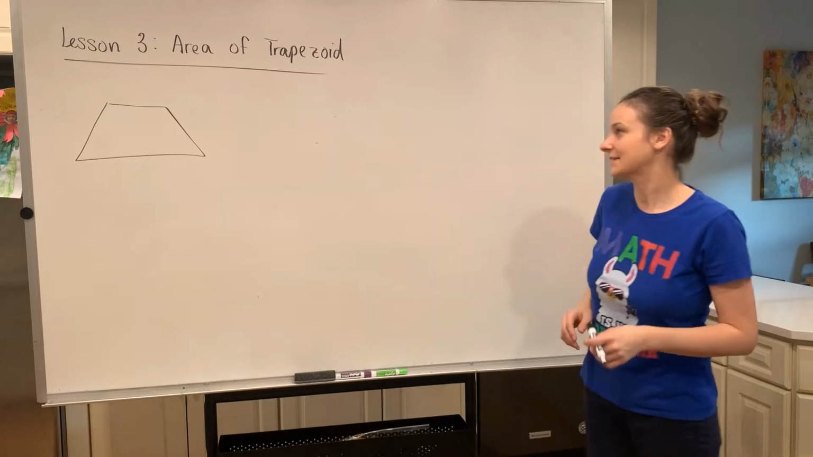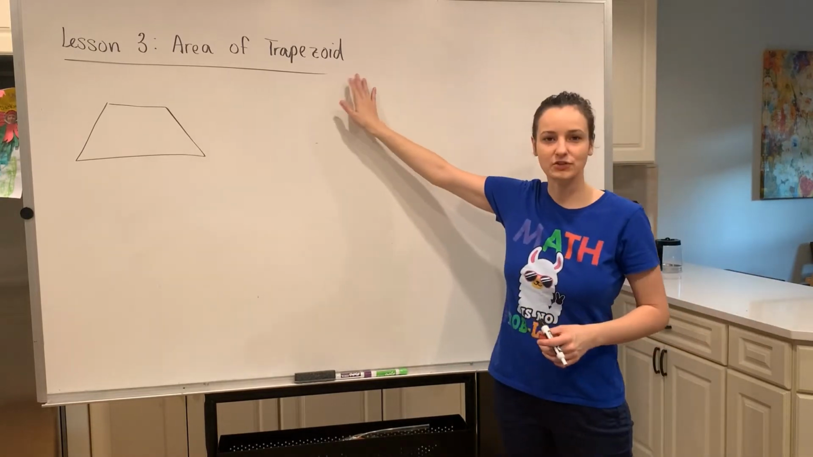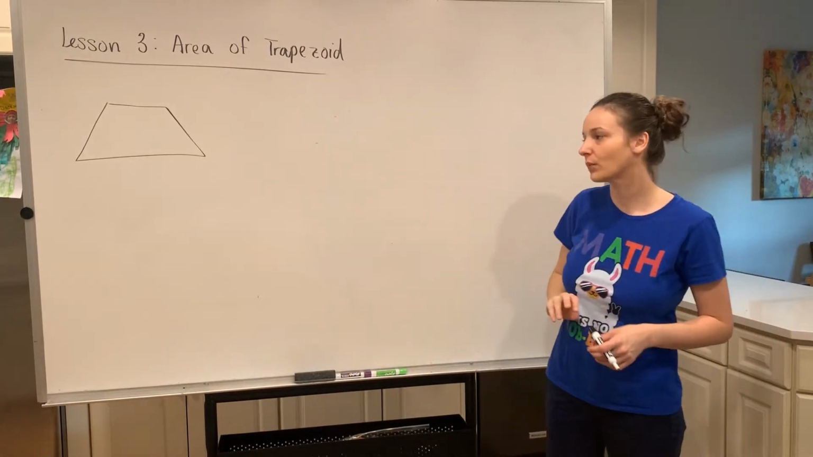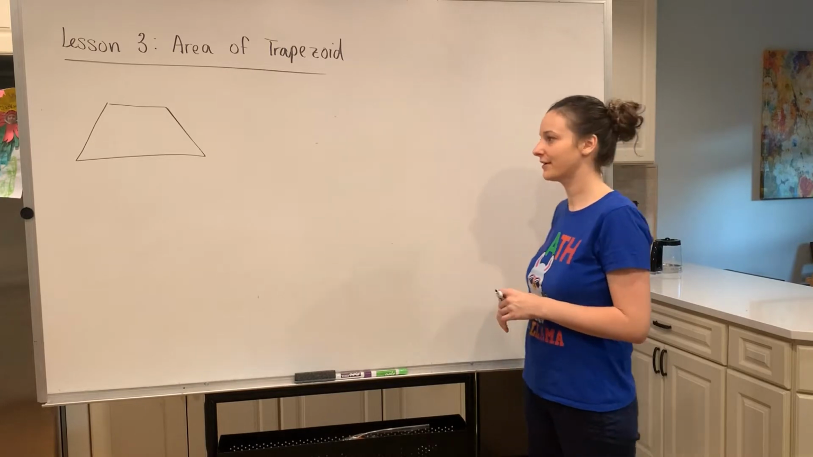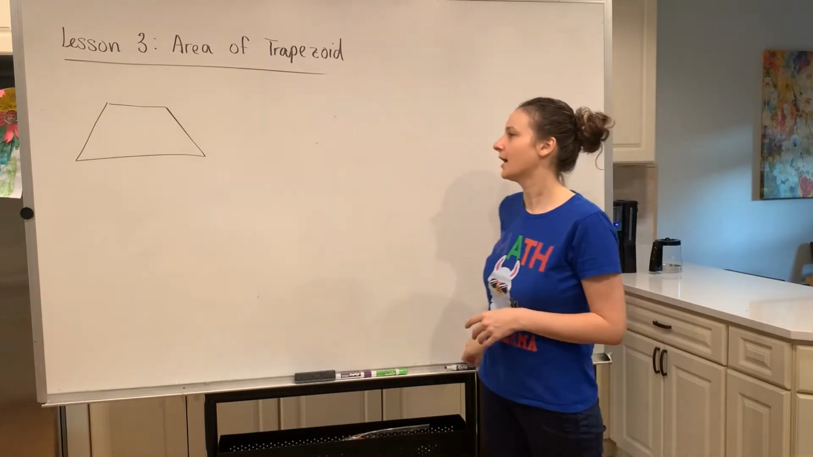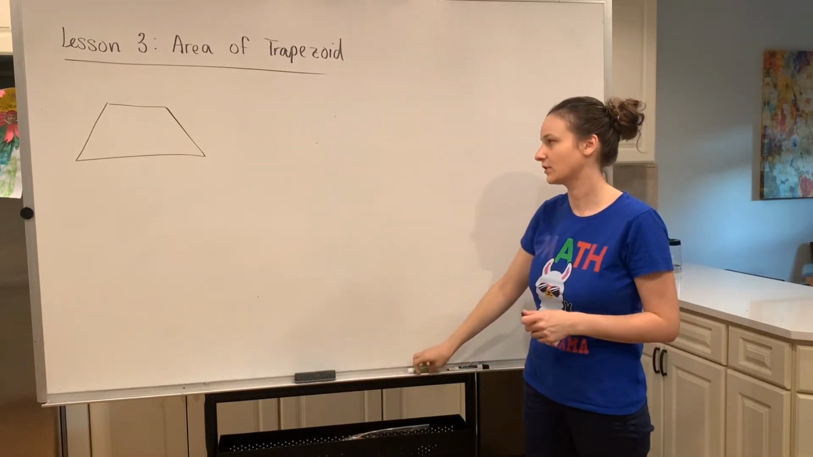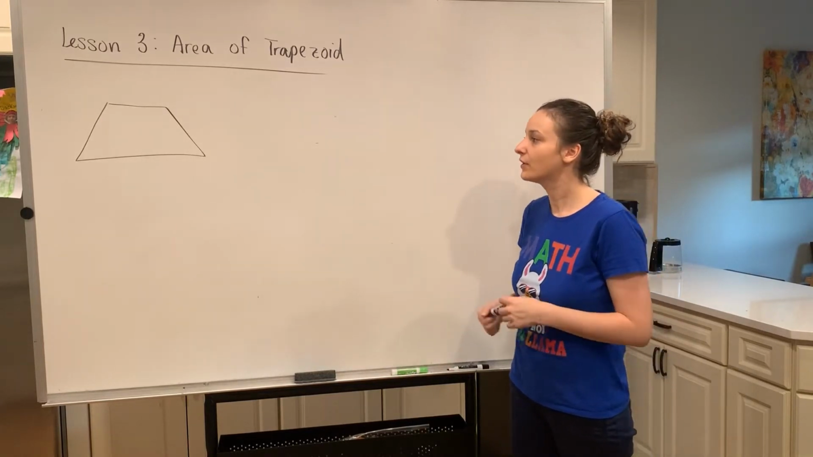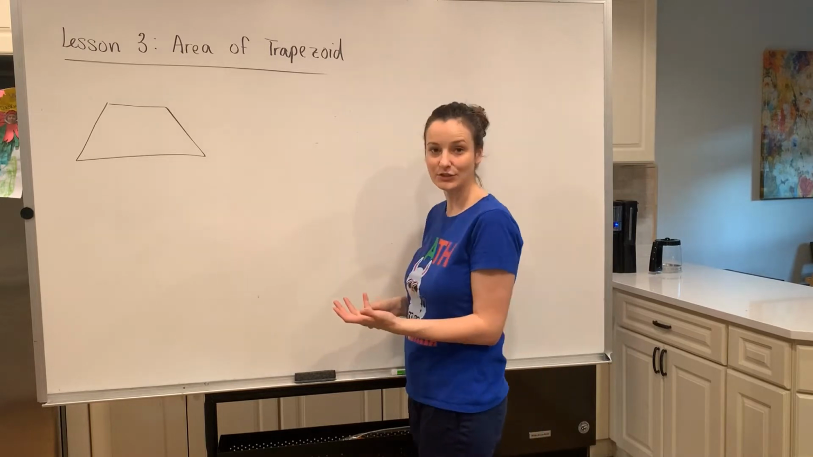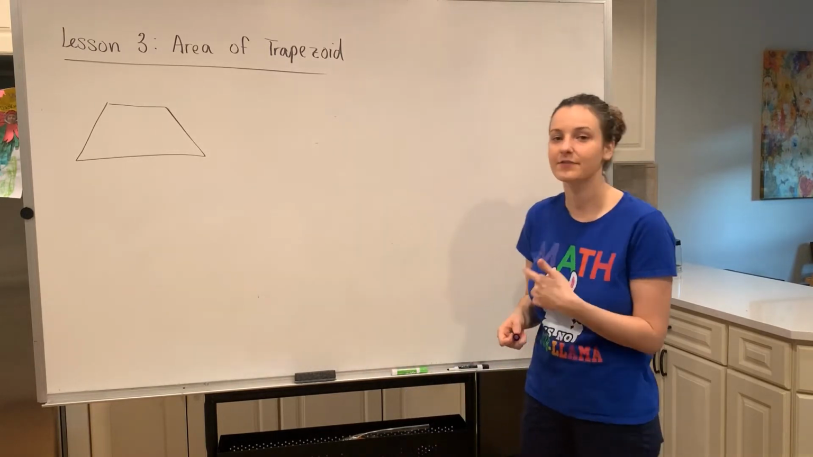Welcome 6th grade. Lesson 3, we're going to be finding the area of a trapezoid. So let's first determine what is the formula for the area of a trapezoid. To determine this, I want to look at my trapezoid that I've drawn here. Let's see if we can relate it to one of our earlier lessons of the area of a figure